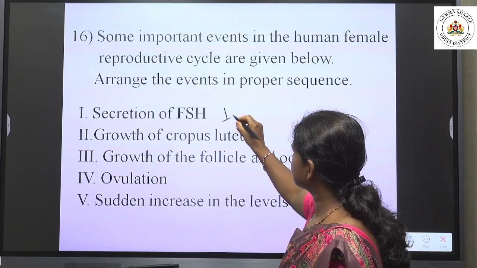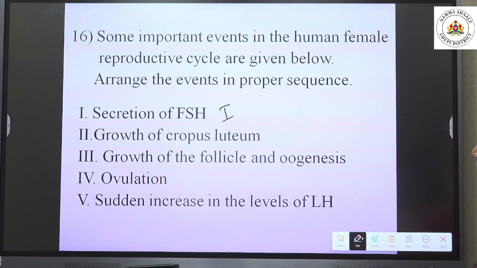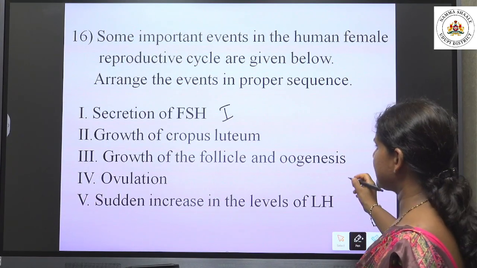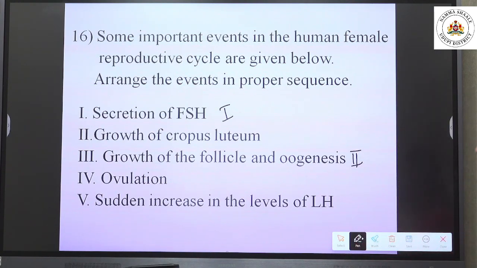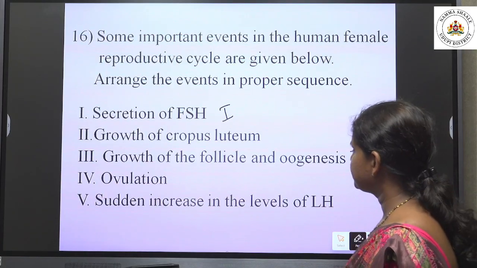The first step is secretion of FSH, and the second step is the growth of the follicle and oogenesis,